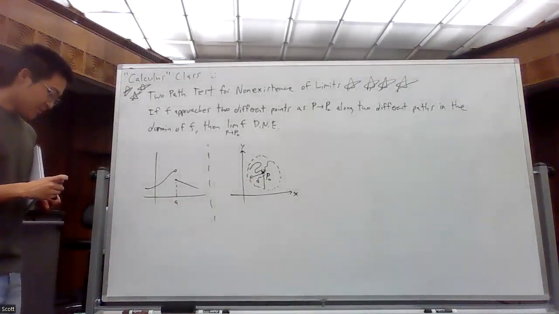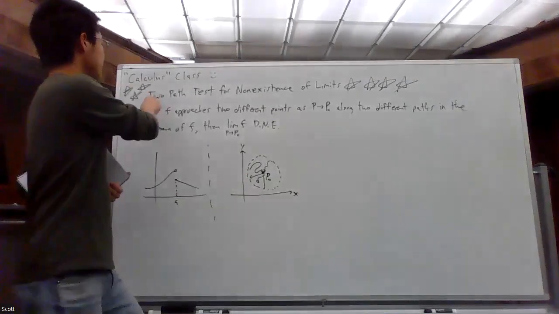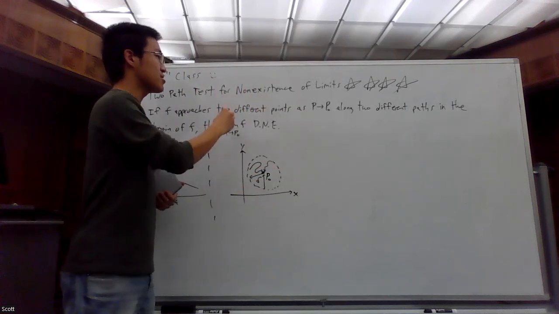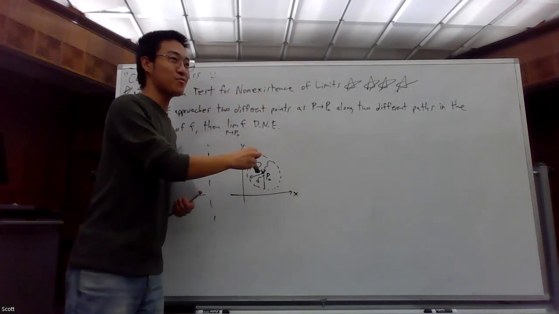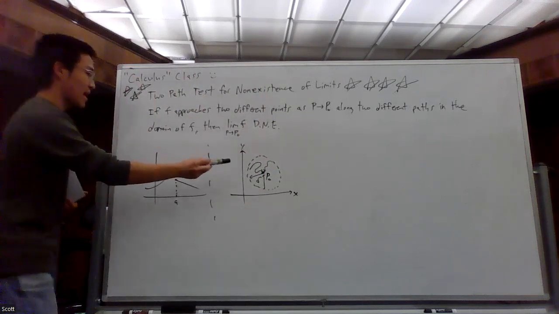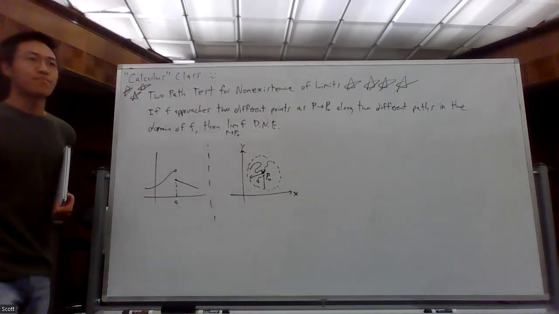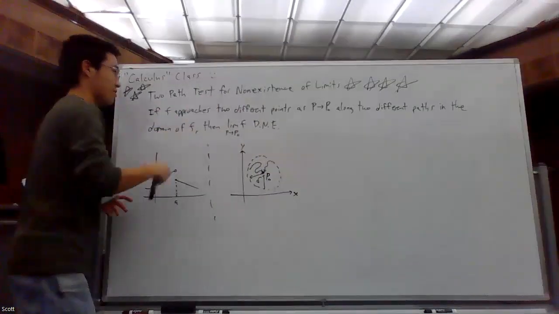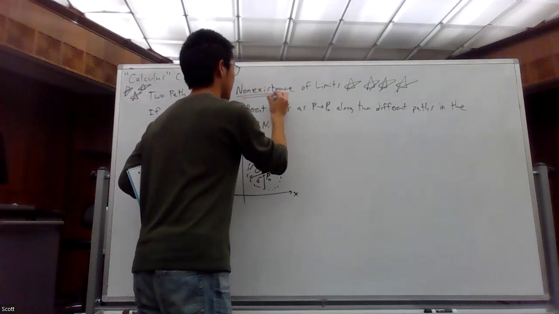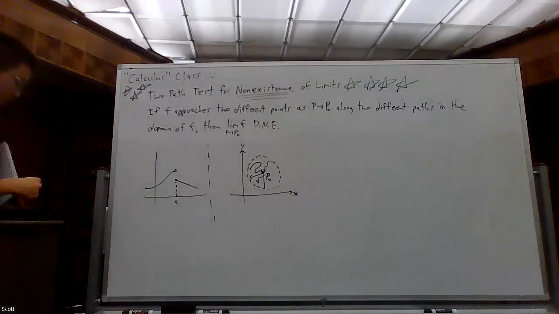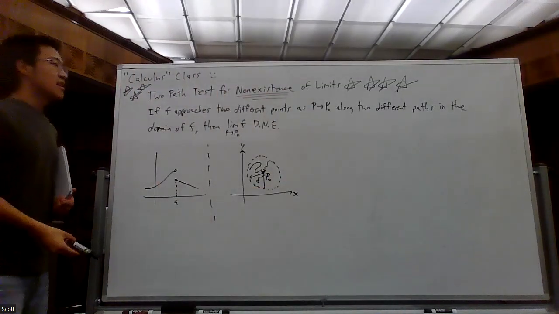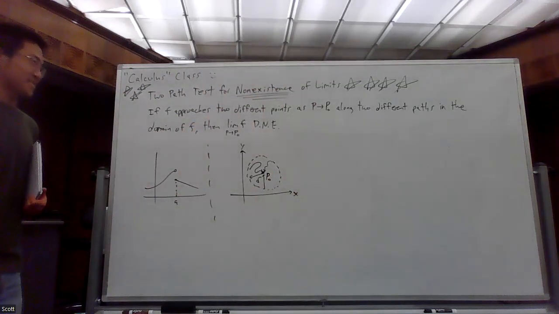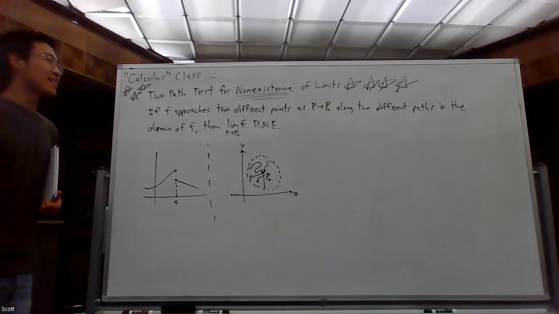Yes. And because there are infinite paths, that clarifies that this two-path test is for non-existence of limits. So don't try to use this to prove that a limit exists through paths. You can't prove that a limit exists through paths because you'd have to check an infinite number of paths. So we can only verify that it doesn't exist. One of the first biggest mistakes is people would take this test and try to do everything except for just showing non-existence. This is only for non-existence. But don't make it do something it can't do.